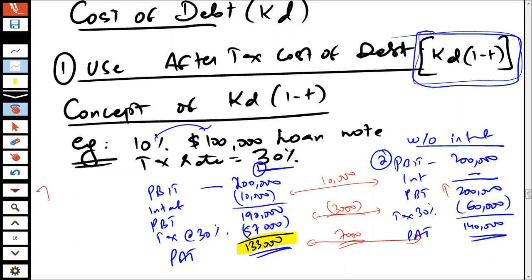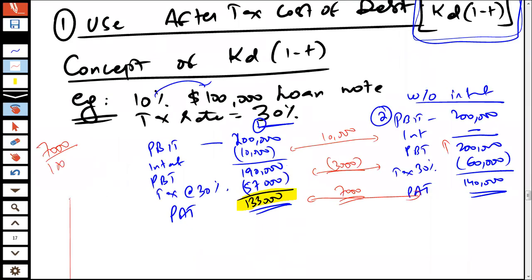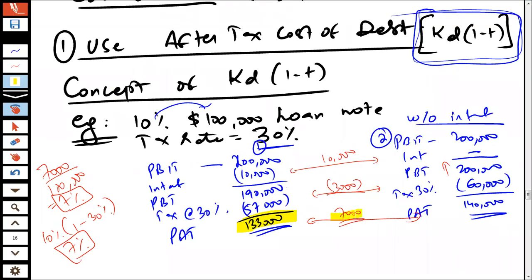So at the end of the day, what is the amount that you have saved? You have saved 7,000 on a loan of 100,000. So it would be termed as 7%. And this 7%, you could easily say, is 10% (1 minus 30%). So this is actually going to be 7%. When we talk about the 7%, how did we get it? Because ultimately we ended up saving 7,000 only. Therefore, the cost of debt we use is always the after-tax cost of debt, because ultimately you end up getting the tax savings.